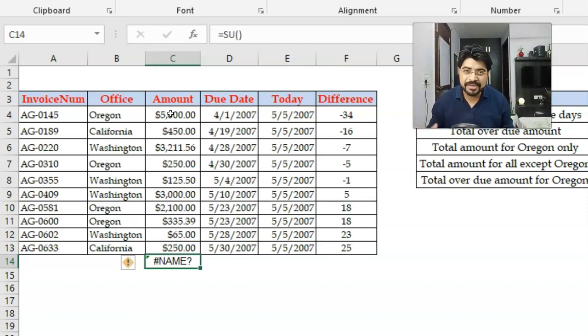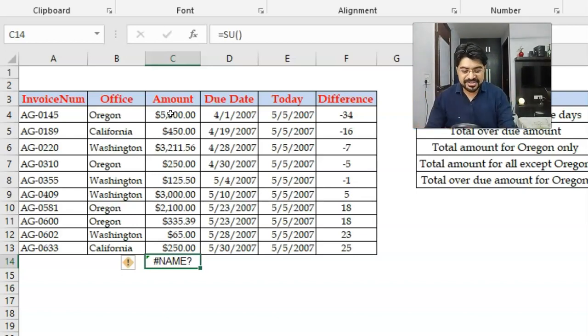Now you remember, whenever you search something on Google, if you misspell any part of it, it always shows you, did you mean this? This way it is showing us name question mark. How can we correct it? When we search something on Google, we start typing and get some suggestions, and if we select from those suggestions, it won't show us, did you mean?